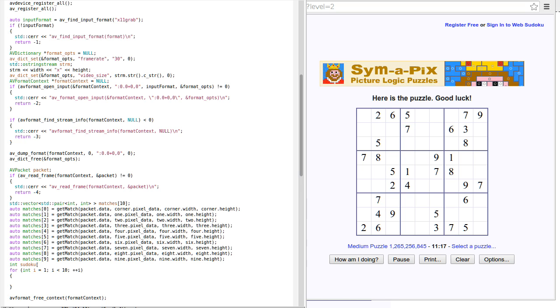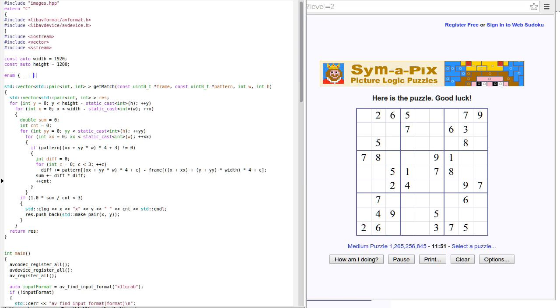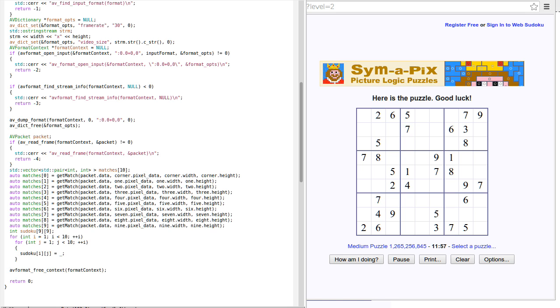It's 9 by 9, and I'm going to repopulate it with negative ones or blank, and then I'm going to iterate through, wait a sec, from 0 to 9. So I'm going to iterate through matches,